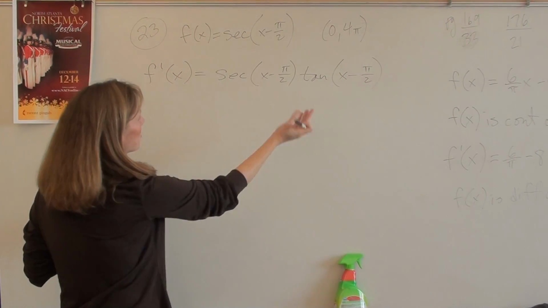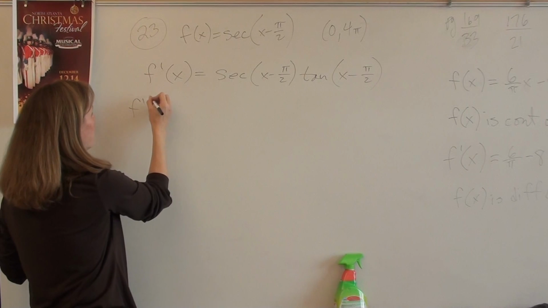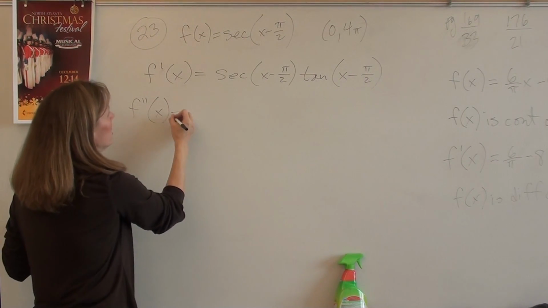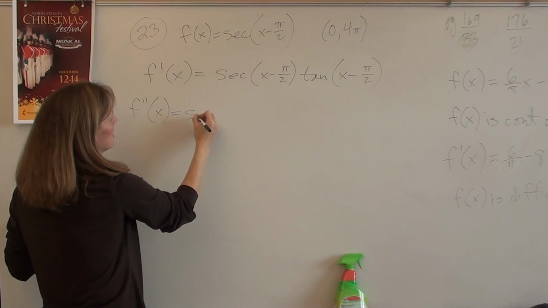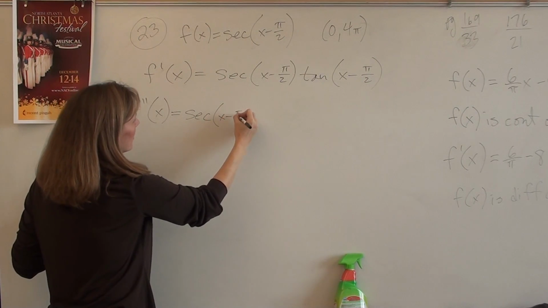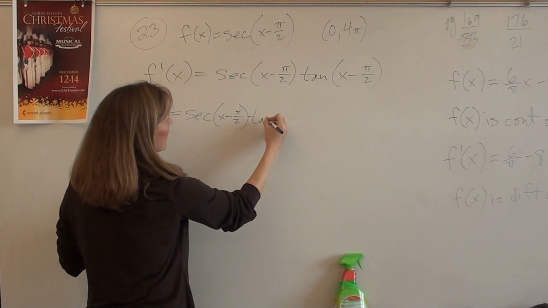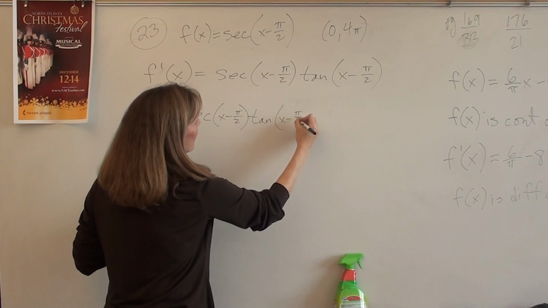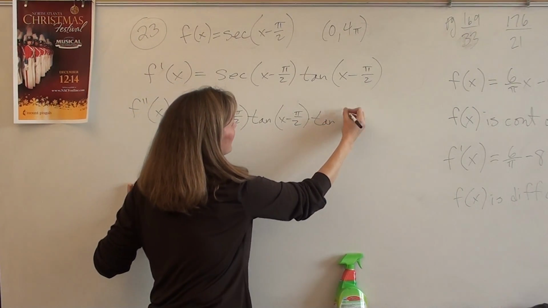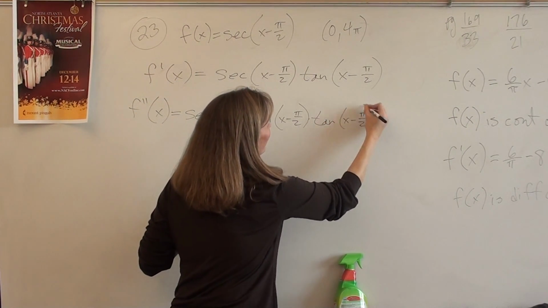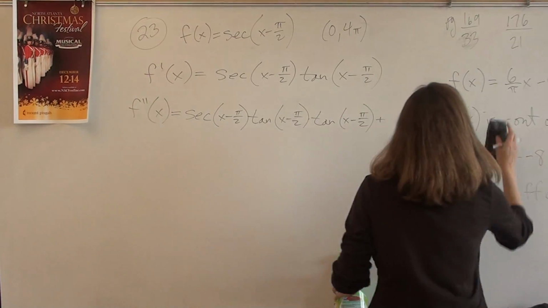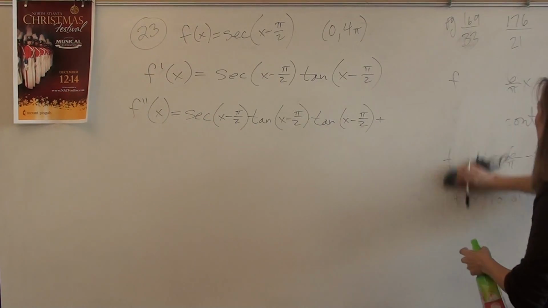Times the derivative of the argument, which is 1. Alright, moving on. F double prime, let's just keep it like this. So, product rule, derivative of secant is secant tangent times tangent, plus